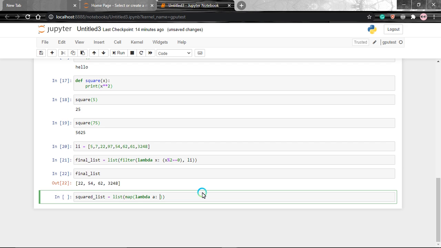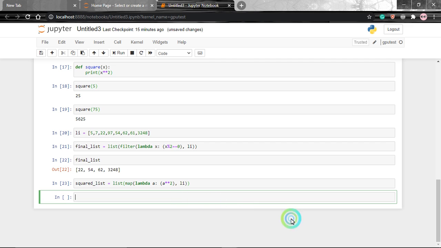So after the colon we have to write the statement. We'll write a ** 2 because we have to square elements. a ** 2 means a to the power 2, and we'll pass our list in this, right? There is a missing bracket, and if I run this, it executed successfully.